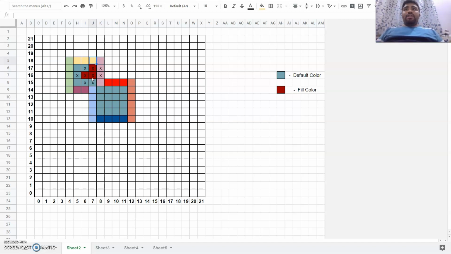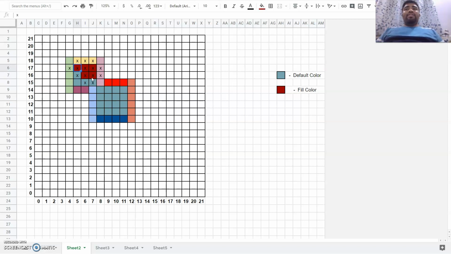What new neighbors will we have? This is a new neighbor, this is the new neighbor. Now both of the two new neighbors can't be processed. Why? Because they are not of the default color. We can process this particular left neighbor. So let's process that. Which two new neighbors do we get? This and this. So again, we can process the left one. When we process the left one, two new neighbors would be this and this.